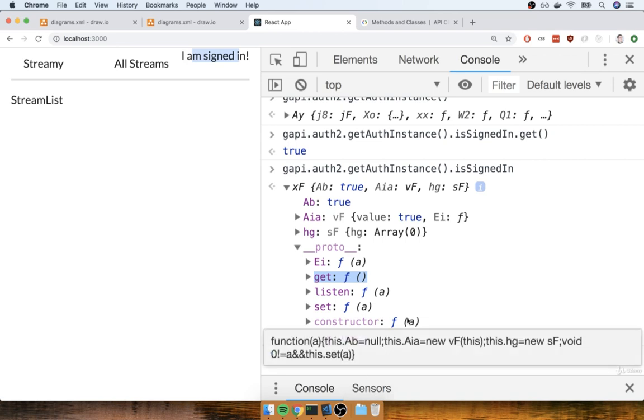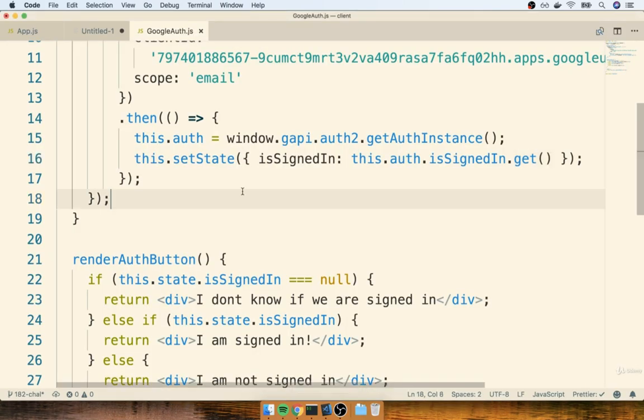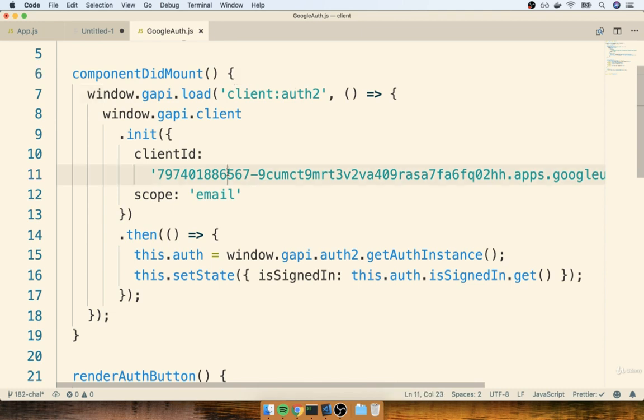More relevant to the problem at hand, figuring out how to update our header text anytime the user signs in or signs out, you'll notice that there's also a method on this prototype called listen. This is a method that we can pass a callback function to. If we pass a callback function to listen, it will be invoked anytime the user's authentication status changes. And so we can pass a callback to that, and then maybe call setState inside there, and then we could update the text inside the header anytime the user signs in or signs out. So let's try wiring that up right now. Back inside my code editor, I'm going to find the componentDidMount lifecycle method.